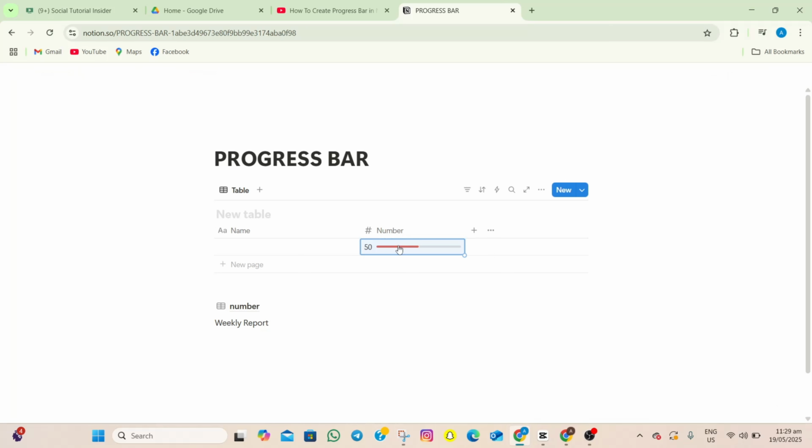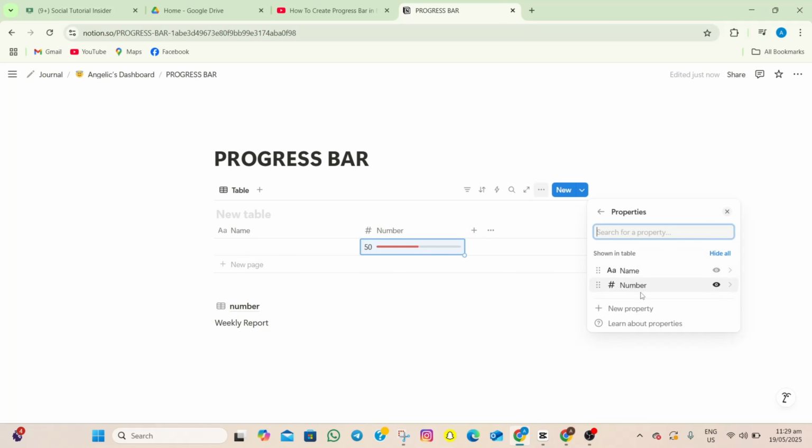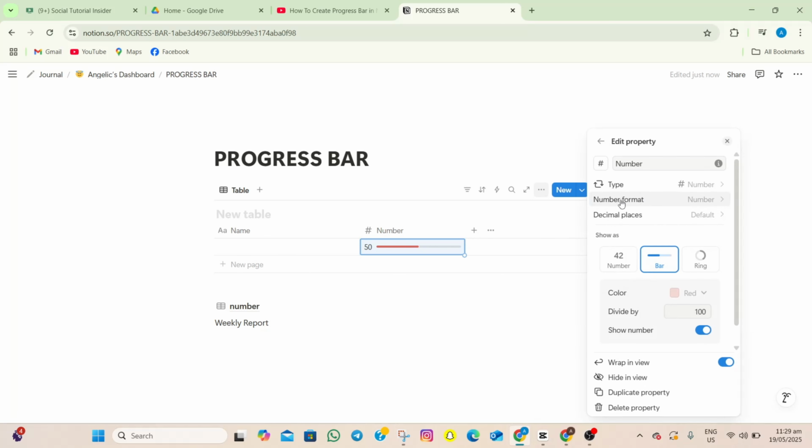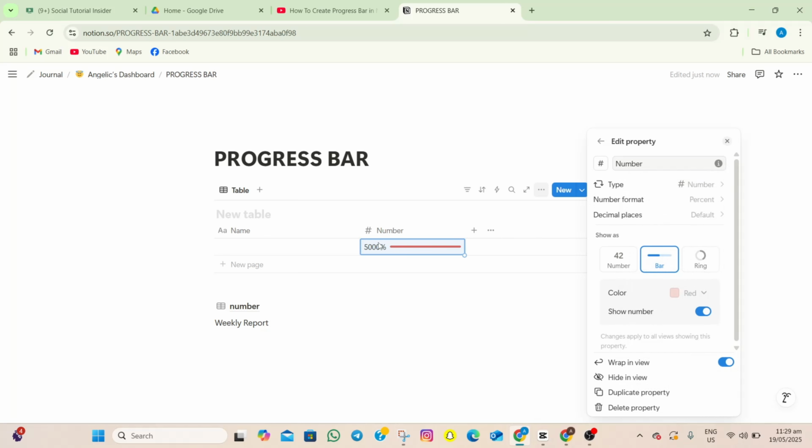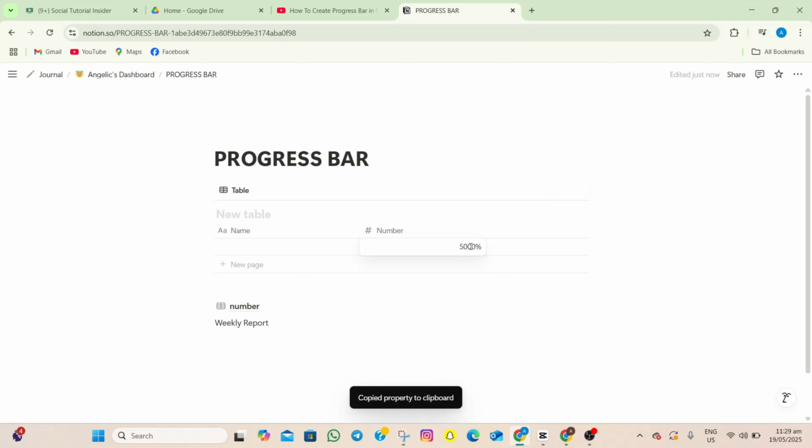And then if you want to change this number to percentage, you can simply tap again on these three dots. Tap on the number option and then tap on the number format. In here, select percentage, and then as you can see, it automatically changed my status bar. So I'm just gonna change this back to 50%, and then I'm just gonna add a name for my status